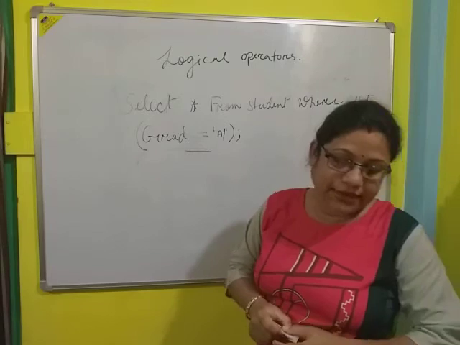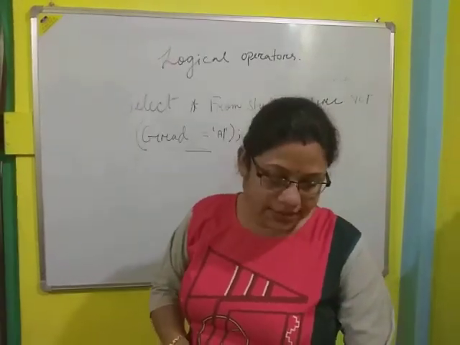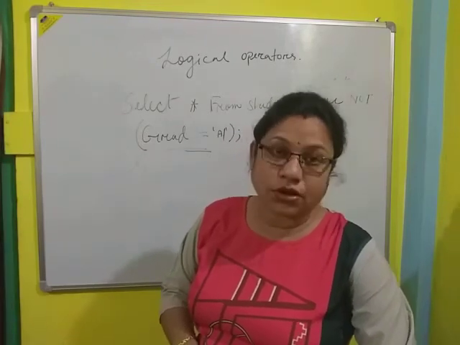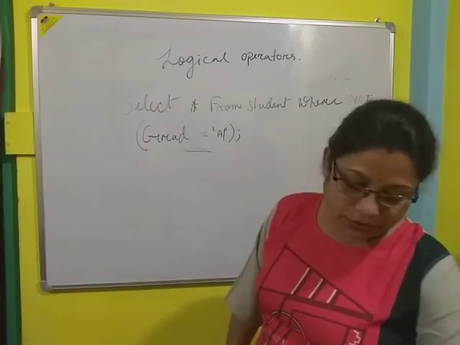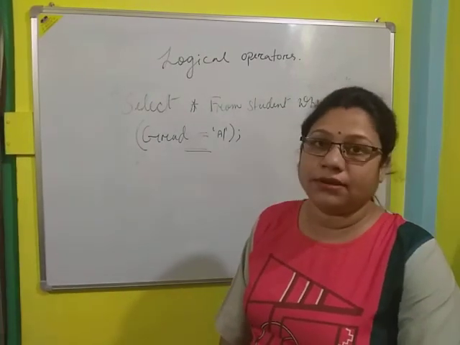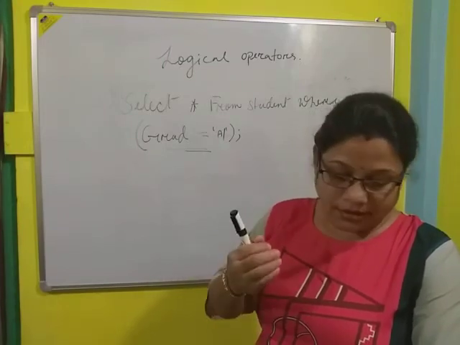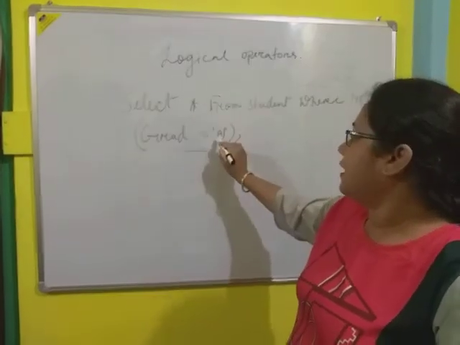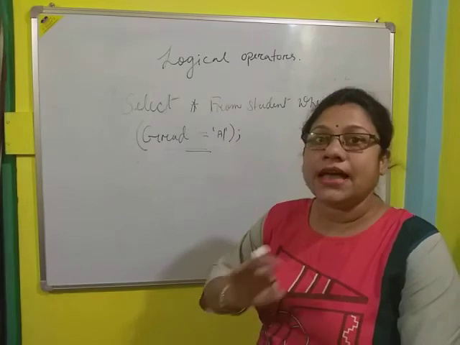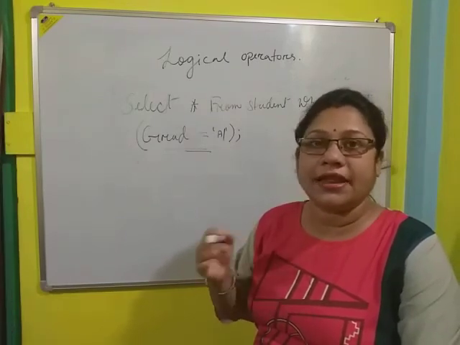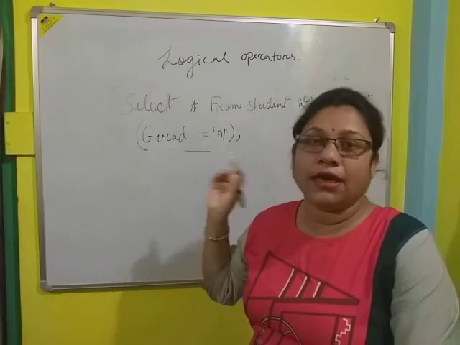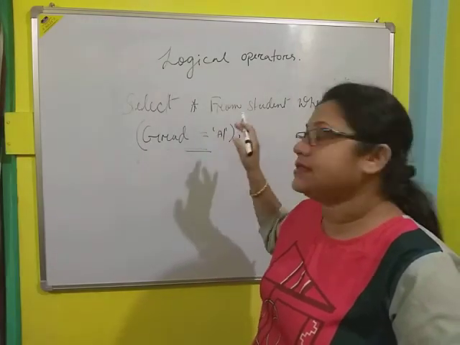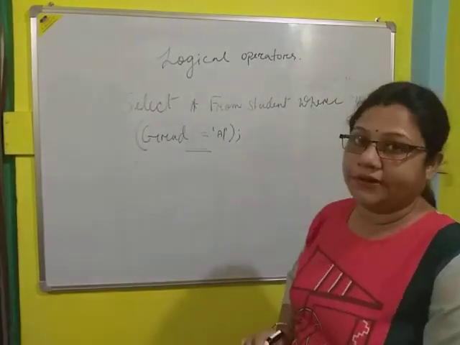So you look at the figure number 12.36. There you notice 3 rows are selected, and you notice the grade column. There you notice only B1, B2 and B1. One more B1 is there. Only B1, B2 and B1. These grades are selected, but A1 is not there. That means I don't want to display the student name whose grade is A1. So to remove the name of the student whose grade is A1, I use the NOT operator.